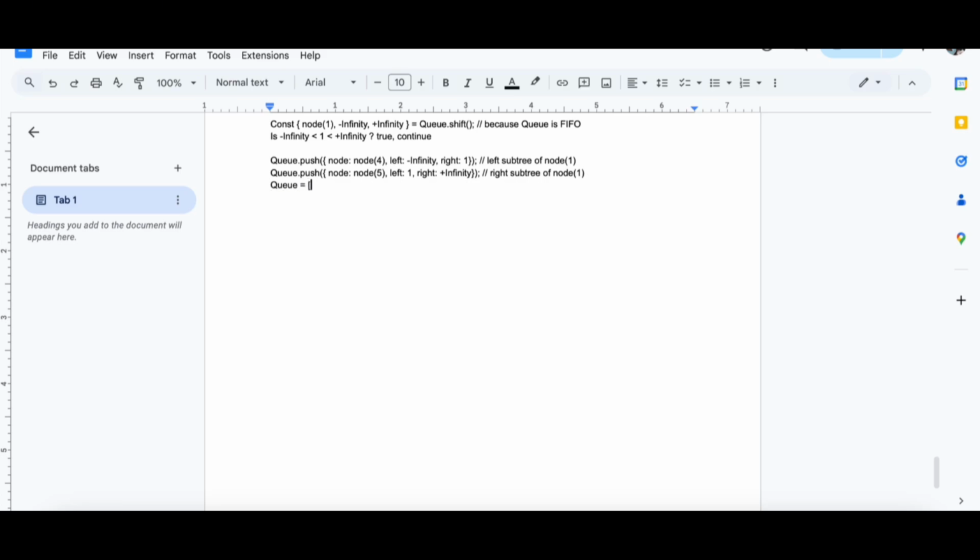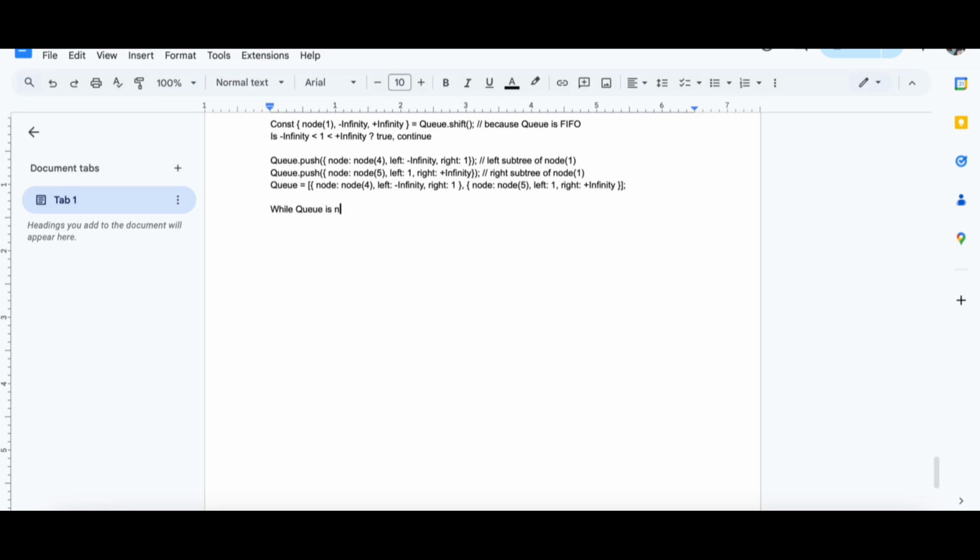So now the Q we have node 4, min infinity, and 1. Then another one is node 5, 1. The right side is plus infinity.